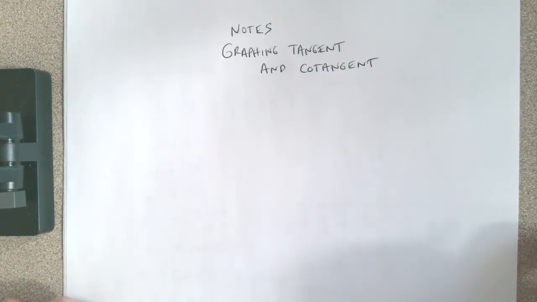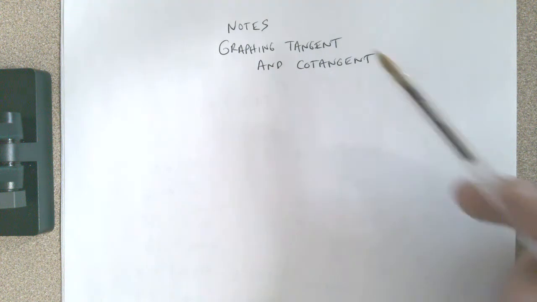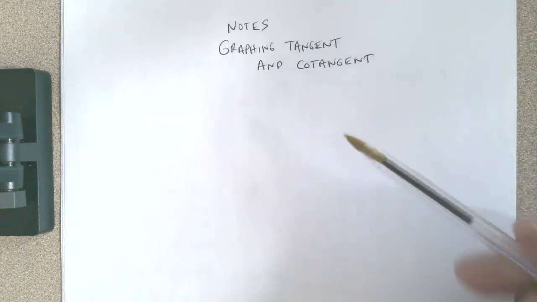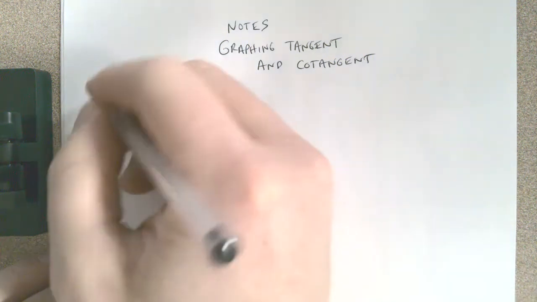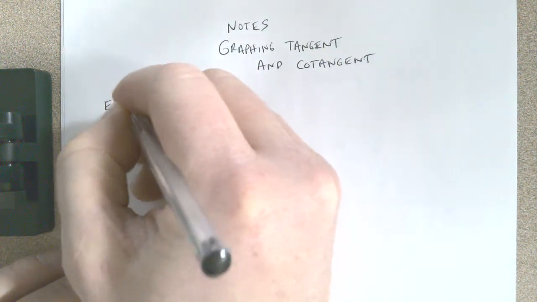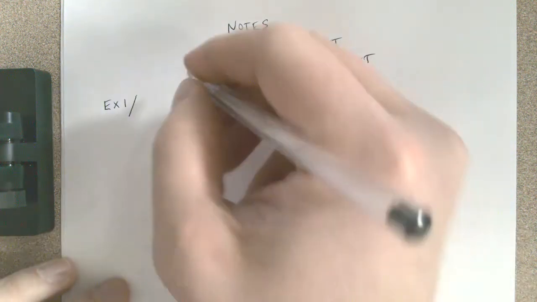Okay, so graphing tangent and cotangent. Just like when we did sine and cosecant, cosine and secant, tangent and cotangent are reciprocal functions. Now they have a lot of similarities to what we've already been doing, but they do have one main difference. And that main difference is when we're figuring the period,